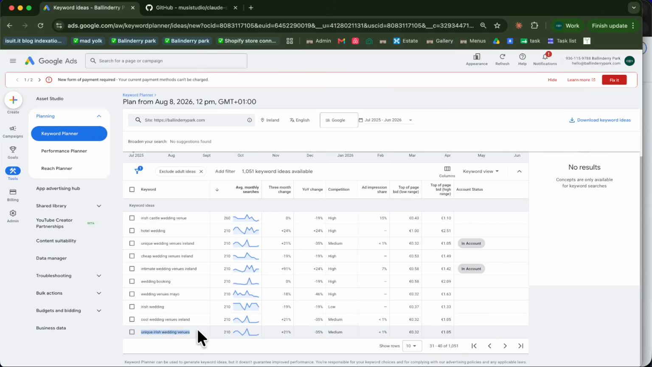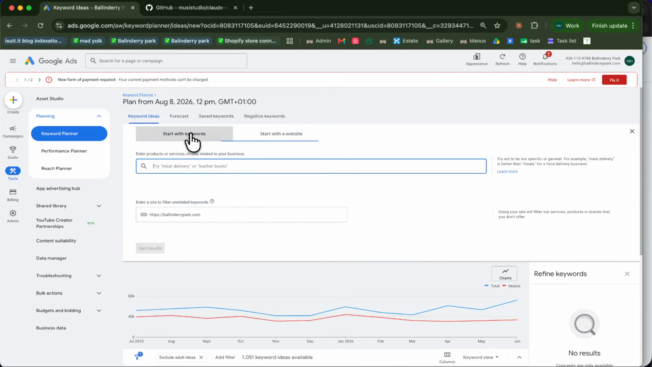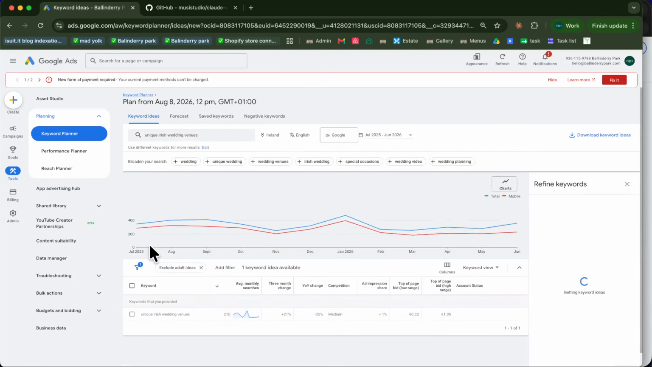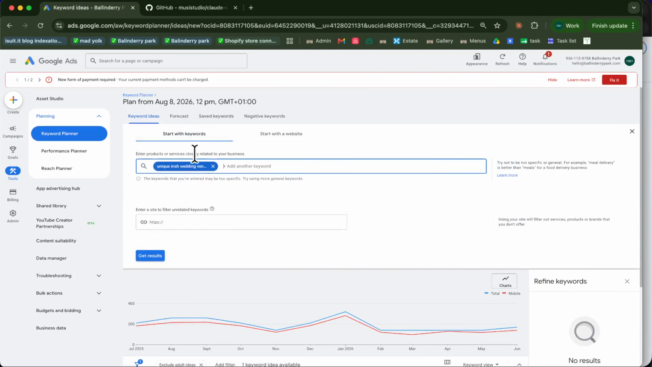I quite like this keyword, and it would be very, very easy for us to rank for it, I think. It's got 210 searches a month. What we can actually do from there is reverse engineer this. So we go to start with keyword now, we remove our website, and we put the keyword that I just found that I liked. Sometimes it pops up